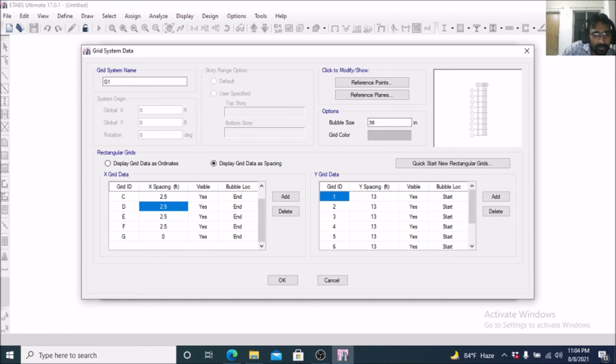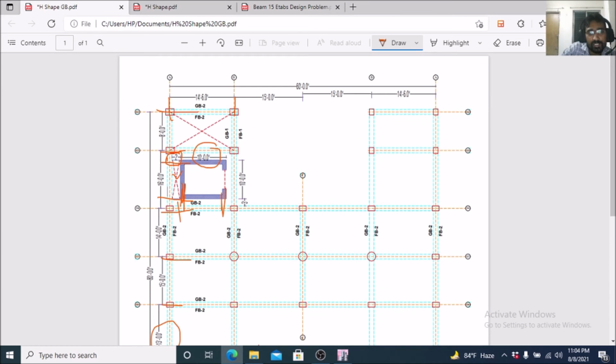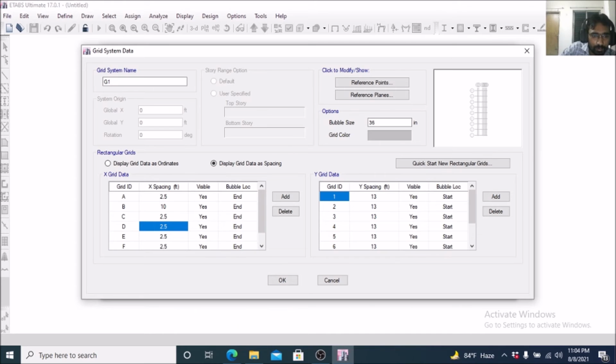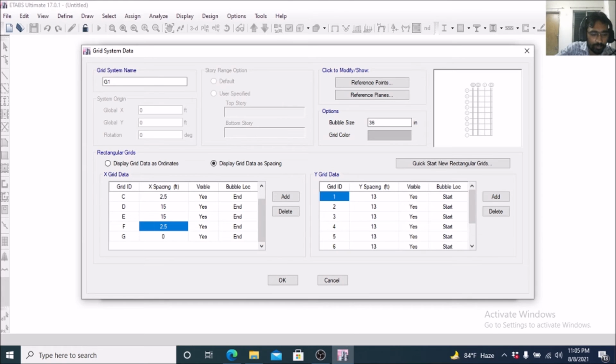Fourth spacing will be 15, fifth will be 15, and then 15 again, and after that 14.5 will be added here. So the final spacing will be 0.